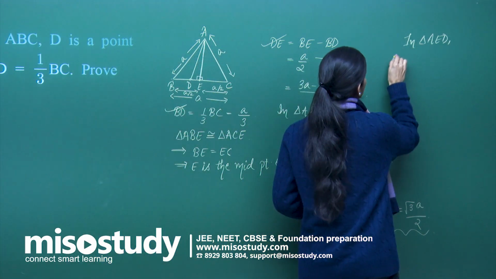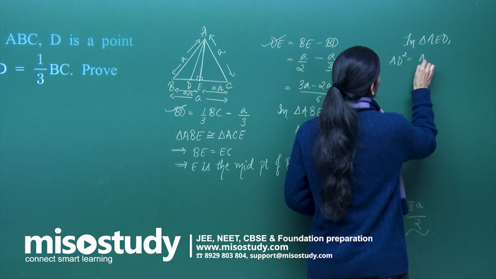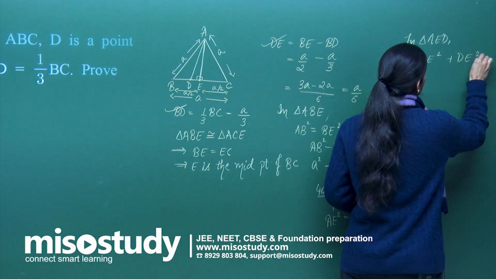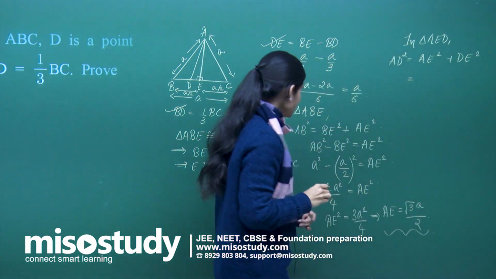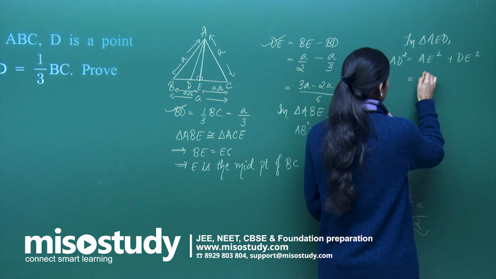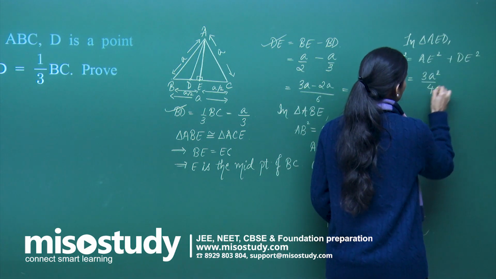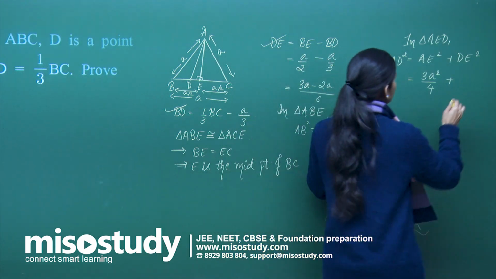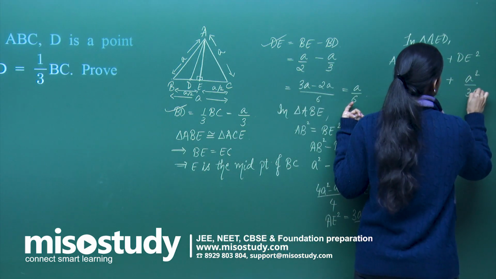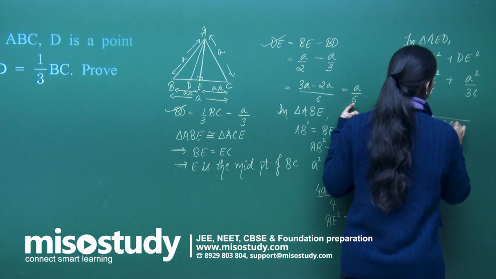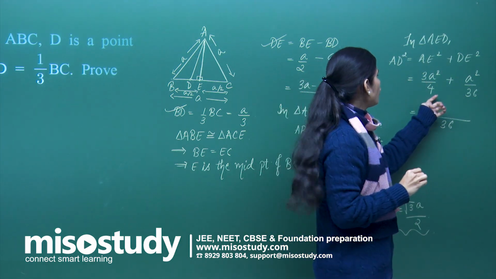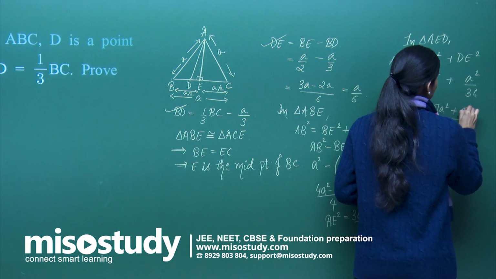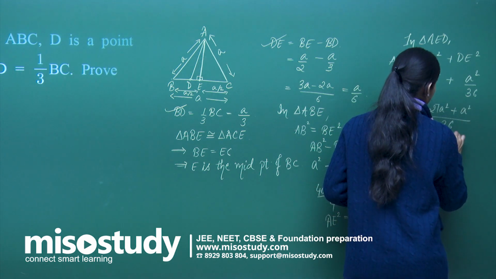So AD square is equal to AE square plus DE square. AE square, AE is this, so AE square will be 3a square by 4 plus DE square, so DE square will be a square by 36. Your complete LCM will be 36. 4 into 9 is 36, so 9 into 3 is 27a square plus a square, which gives you 28a square